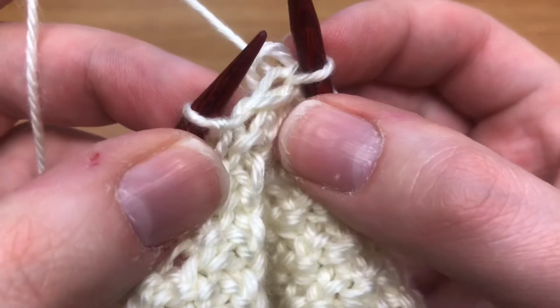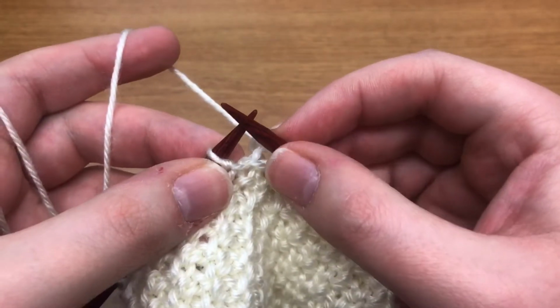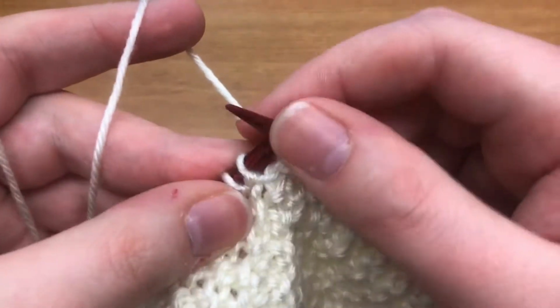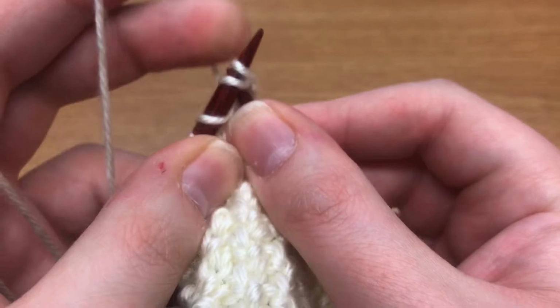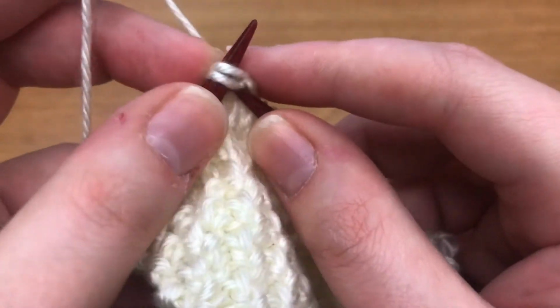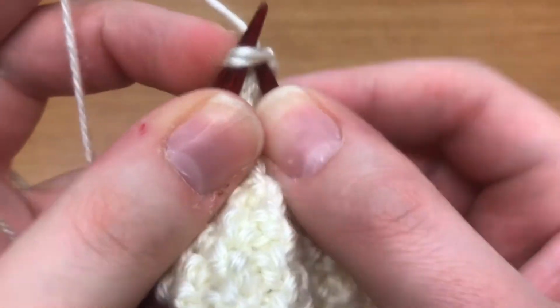You'll have to be careful that you actually do get both loops and not just one, and that you don't split them, but it's really not too hard. It may take a little getting used to, especially if you're a tight knitter. It can be a little difficult, but you just stick them right up through there